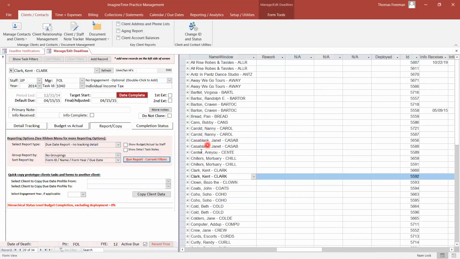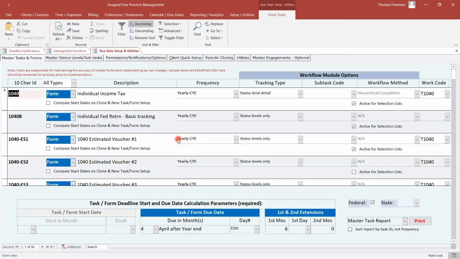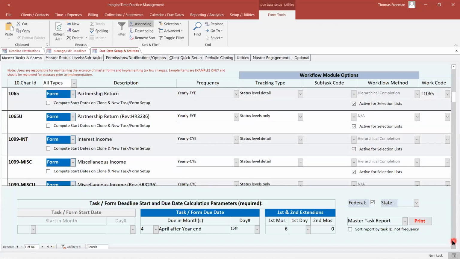Now I'm going to jump over to setup and utilities, and due date setup and utilities here, and talk a little bit about setting up those due date items and assigning calculated assigned dates, the relay methodology of dates, that type of thing. And matter of fact, we'll use the 1120 as an example here. If I scroll down to my 1120,